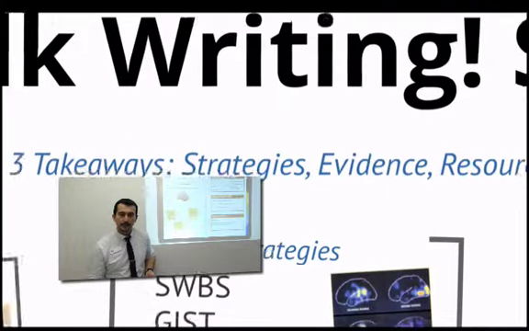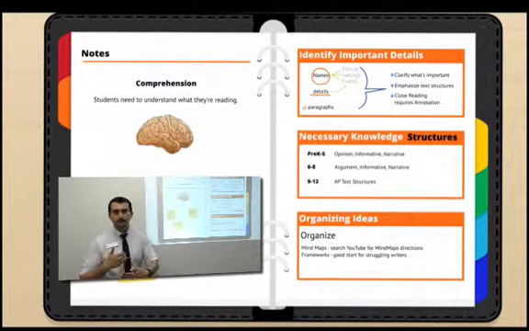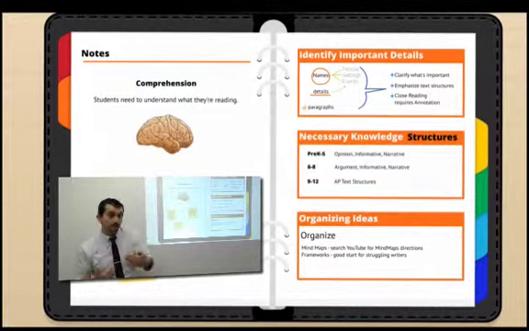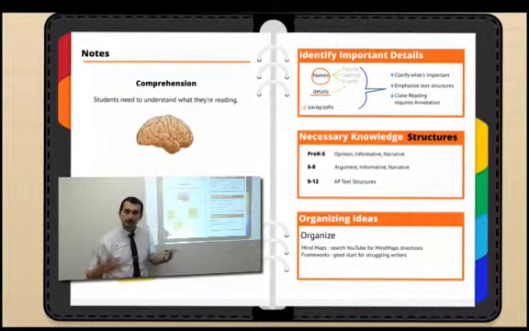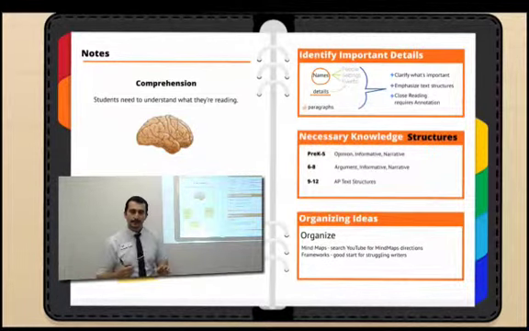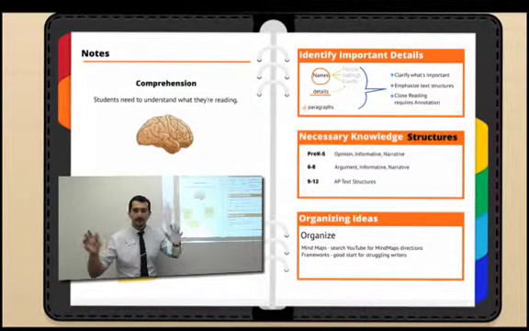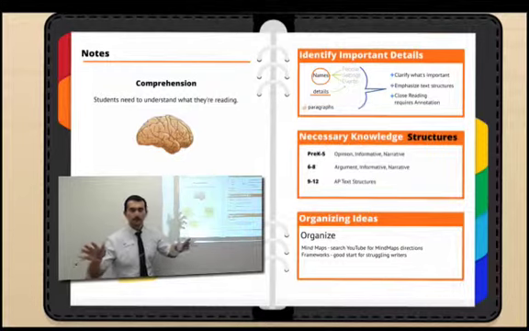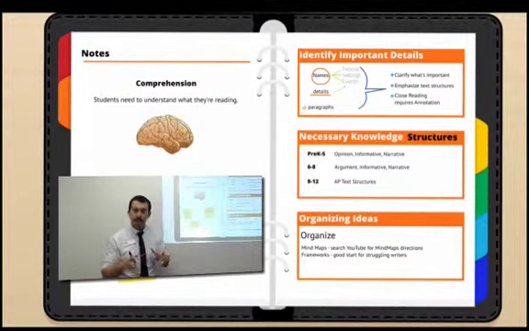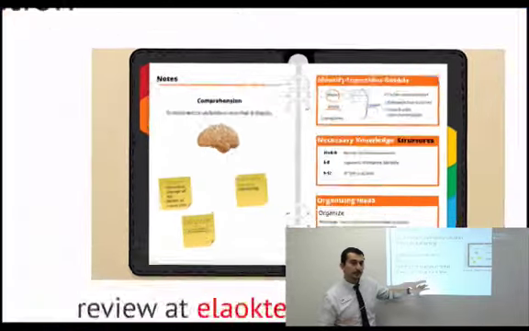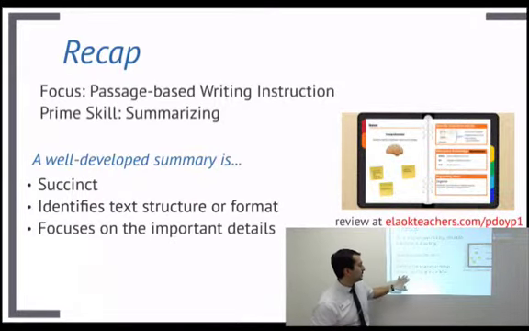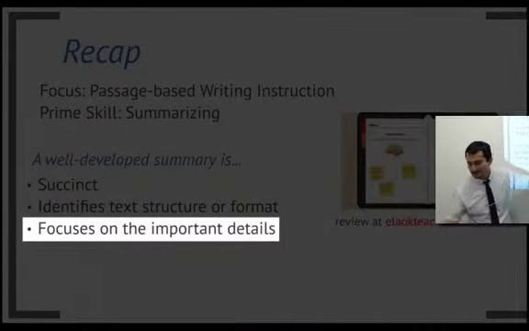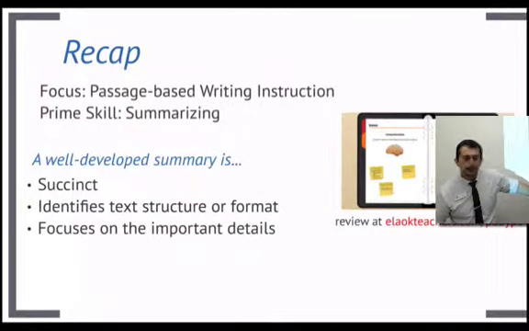Just to recap the last session, we started off talking about what's that first step into passage-based writing. And the first step, of course, is to comprehend what you read. And we looked at this guy by the name of Marzano, little known guy, did some research on comprehension. And we discussed the most basic skill for demonstrated comprehension is summarization. We're going to focus on that today and build off of it because one of the key aspects was to focus on important details. So we are going to look into that by first sharing some strategies.